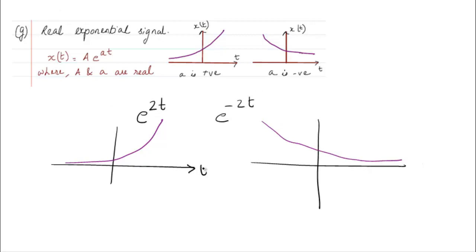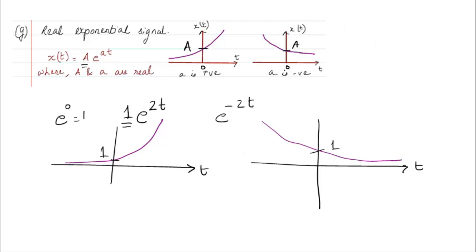So with respect to time is what we generally draw, and whatever be the case, if it is getting multiplied with a, the point that it is going to be here is always a. That means at 0 its value is always a. Why? Because we know that e raised to power 0 is equal to 1. So here there is no a right now, here we can take it as 1. So this point will always be 1. Here also this point will be equal to 1.